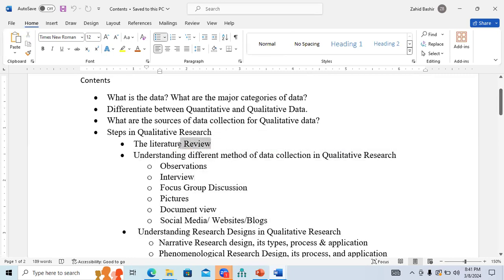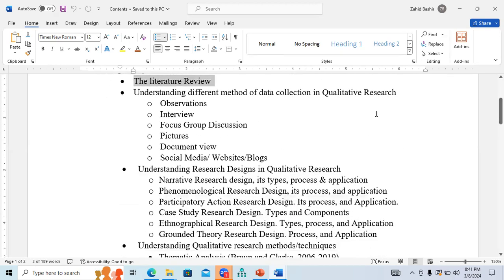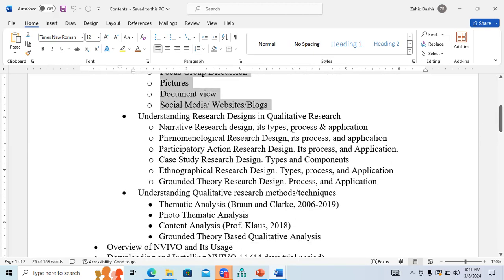The purpose of the literature part was to identify how you can create an argument, how you can identify the research gap, and how you can write the review of the literature for making a qualitative research. I will let you know the different methods of data collection in the next session, which is going to be held on Monday. And then we will go to understand the research design in qualitative research, like narrative research design,